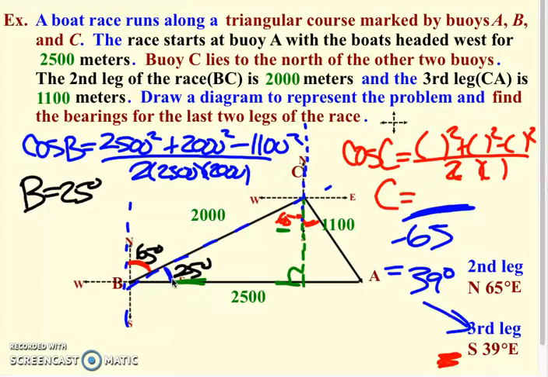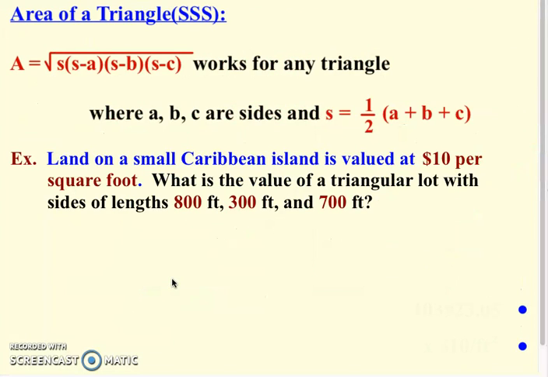Okay, last one. Sorry, I think I said this was the last one, but there is one more, and then we'll wrap it up, which is a side, side, side formula for area. Pretty simple problem. They're all pretty simple as far as formulas go. It's always going to be the initial understanding, the setup, the sketches, that kind of stuff. But it's a formula that allows you to find area where you don't know the height of a triangle. We had one of these earlier in the chapter. So you need to do basically kind of one side step calculation,